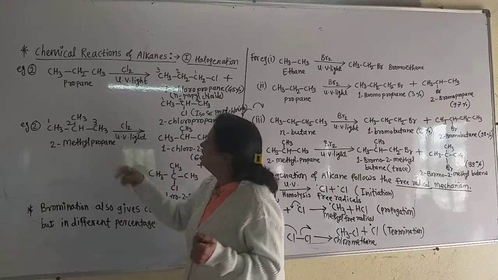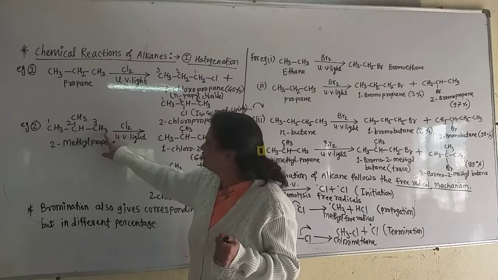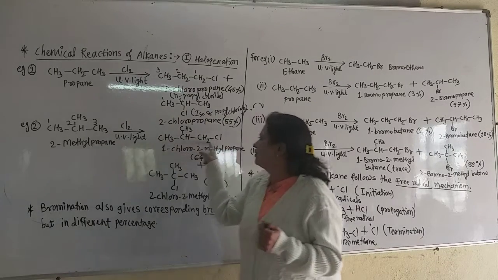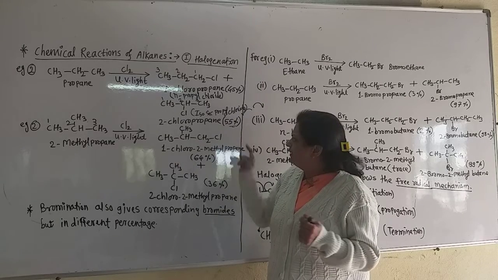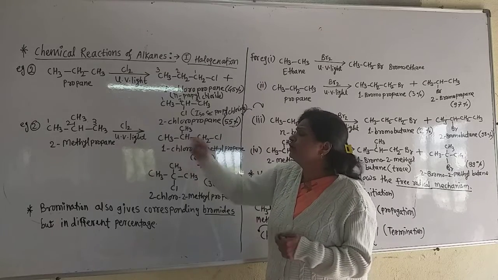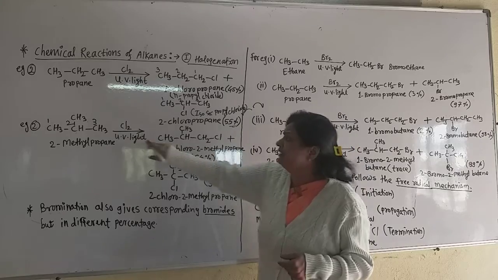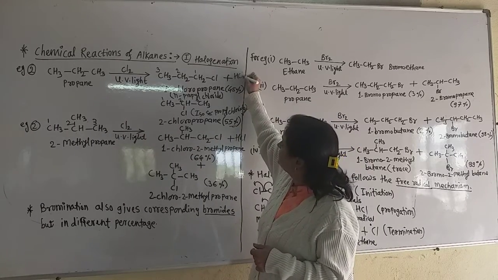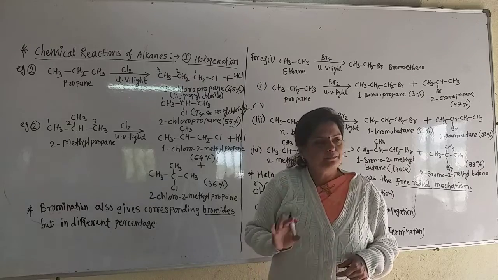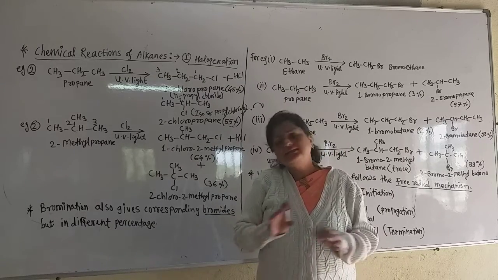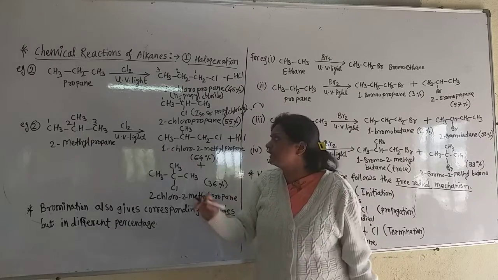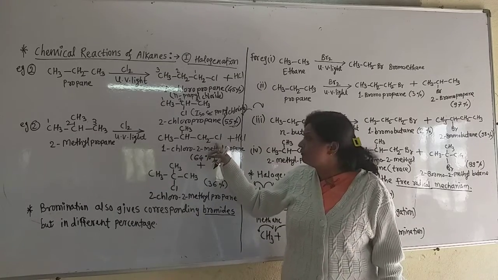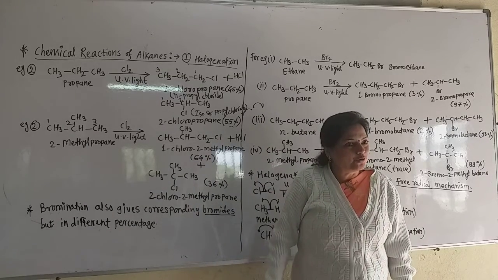So suppose we replace this hydrogen by the chlorine, such a compound is obtained. And you know that hydrogen and 1 chlorine which is remaining of the chlorine atom will form the HCl as the byproduct. Here also HCl is the byproduct. If we do not write that, there is no question about that. Now this is formed. What is the name of this compound now?